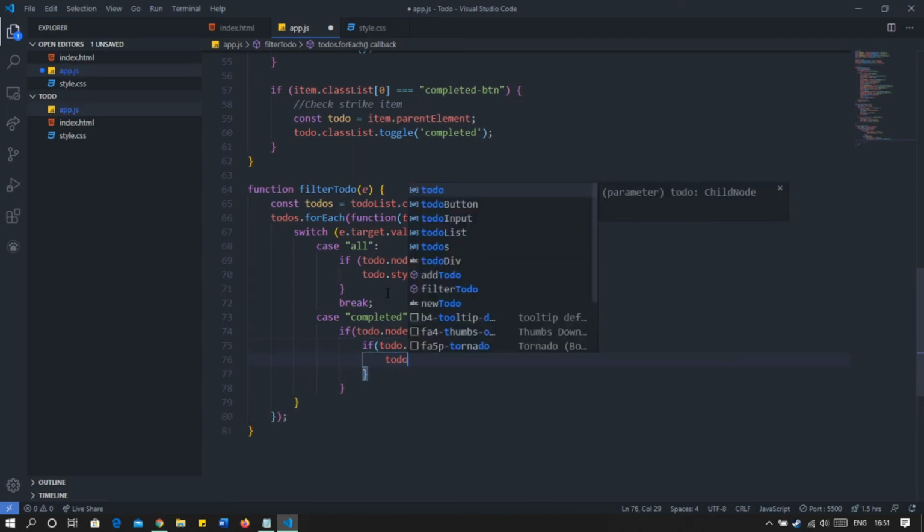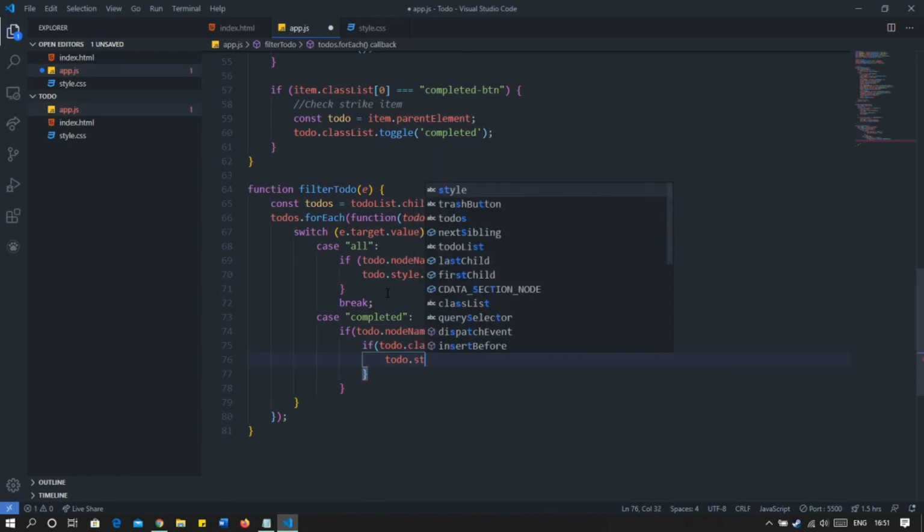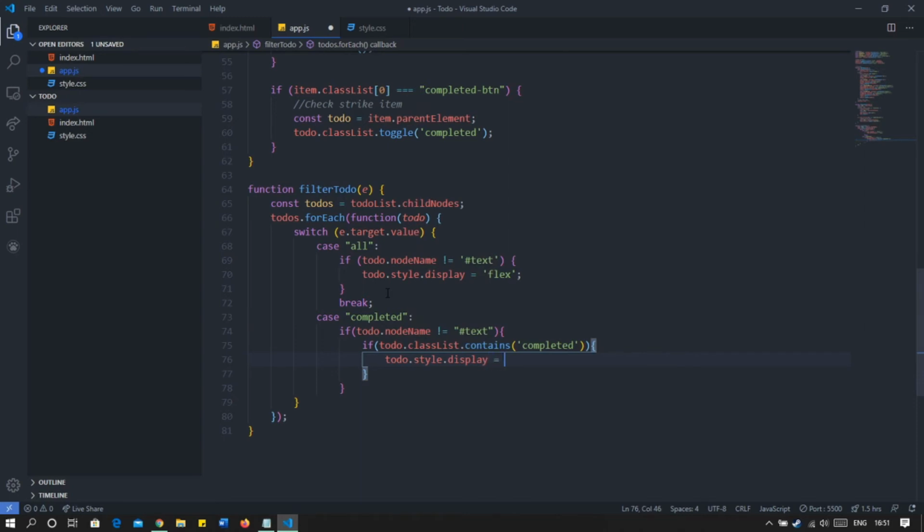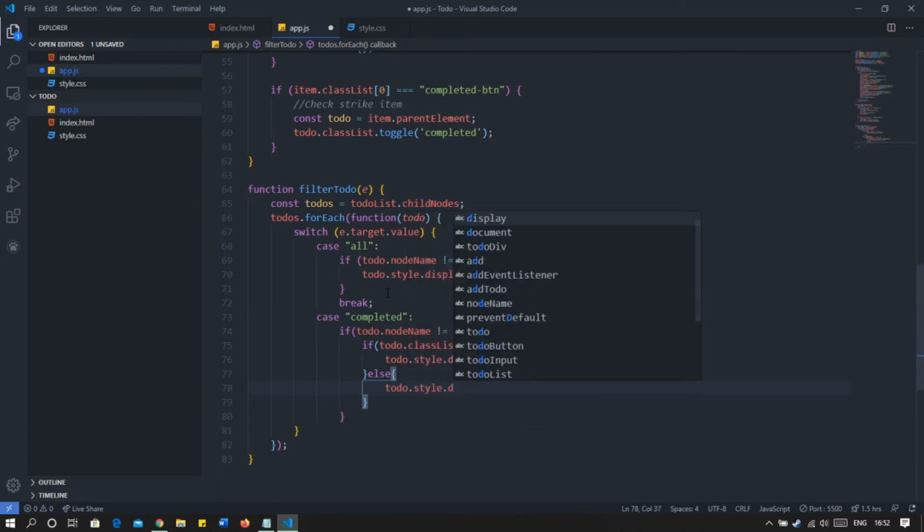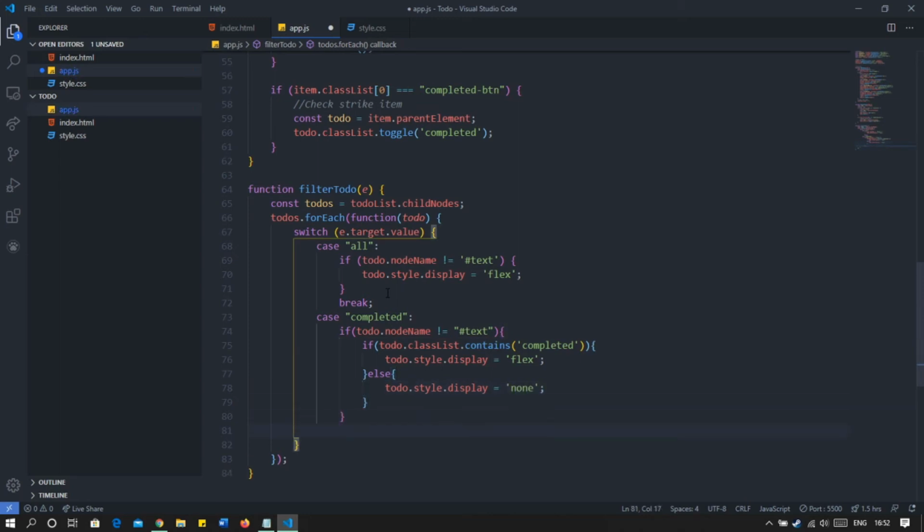So to show, we will keep the style of display as flex, else, that is, the item is not completed and we do not want to see it, so we will remove it from our view. So we will change the display to none, right? So as this is done, we will break out of this case.